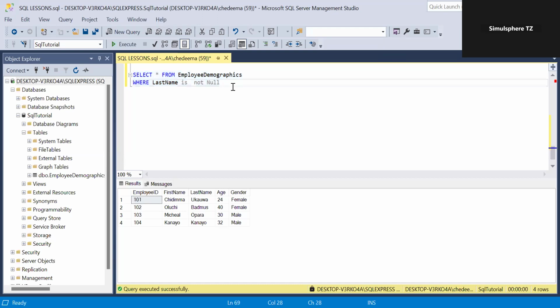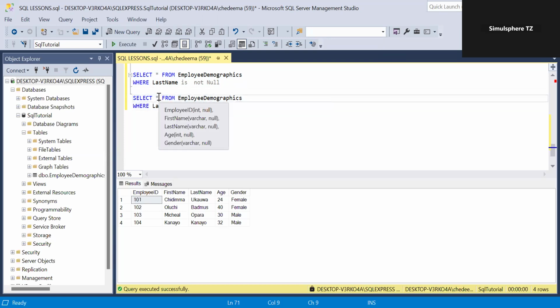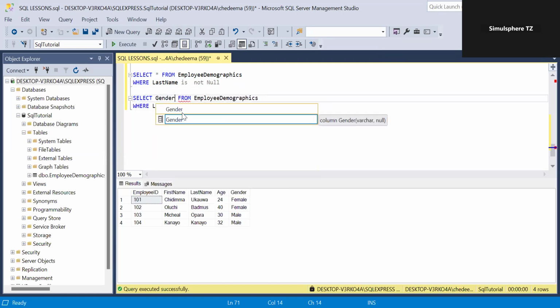Today, we'll be looking at the group by statement. Let's see how that works. We want to select, let's say, gender. This time around, we want to be column specific. I want to select the gender column from my employee demographics table